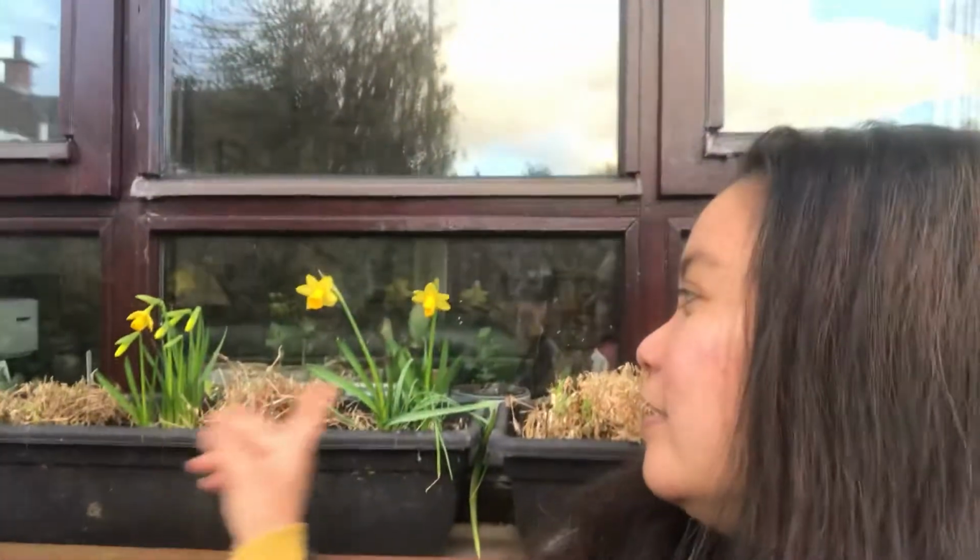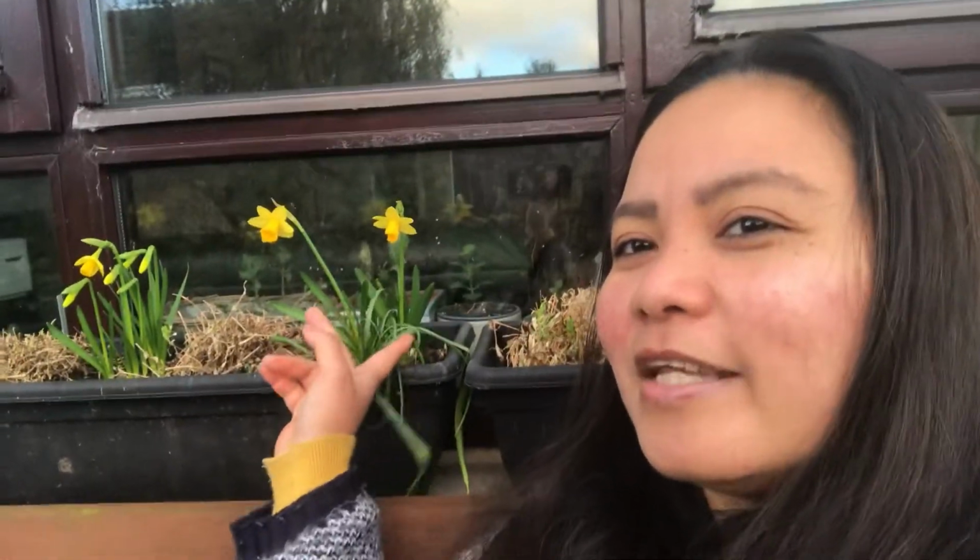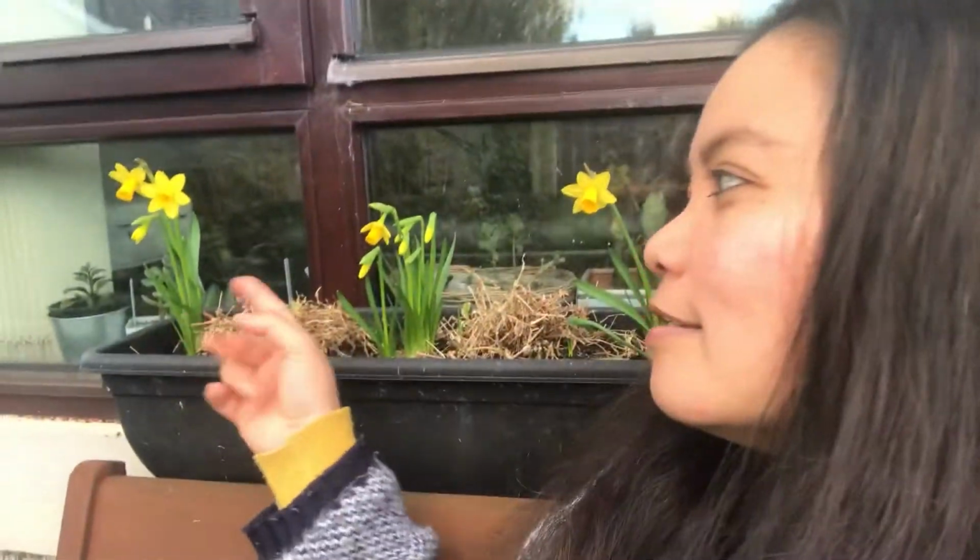So I think that's it. It's very straightforward planting. Now if you don't really care about removing or replanting them, you can just keep them in pots. For me, after I planted it, I just kept them in these pots, and they just doubled by themselves. So you can see this is just one bulb, and then it just grows by twos. And this one too, look, there's so many of it. So yeah,